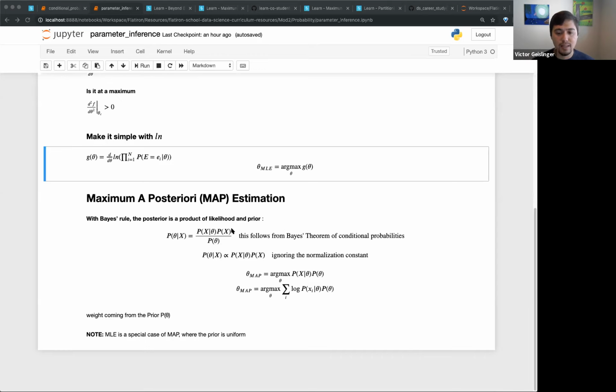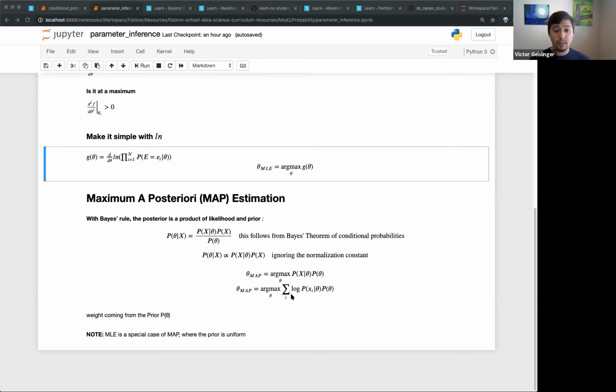So let's just get the maximum of this part right here, P(x given theta) times the probability of theta. That's why they're saying to ignore the normalization constant. They're kind of looking ahead when you do this. And they say, now let's get the arg max over theta based on this. We've done this before, so let's just do the same thing as before.